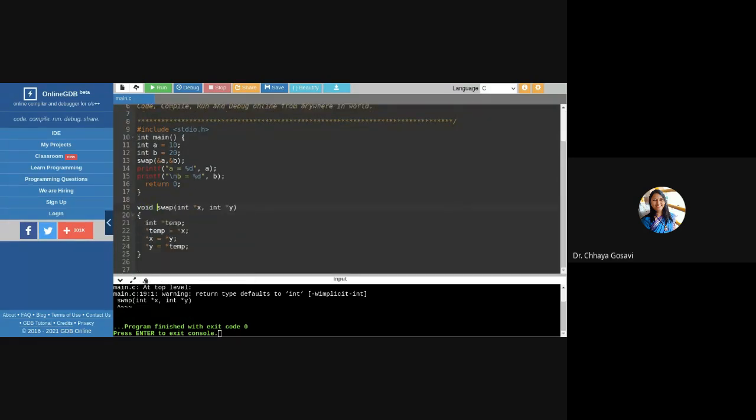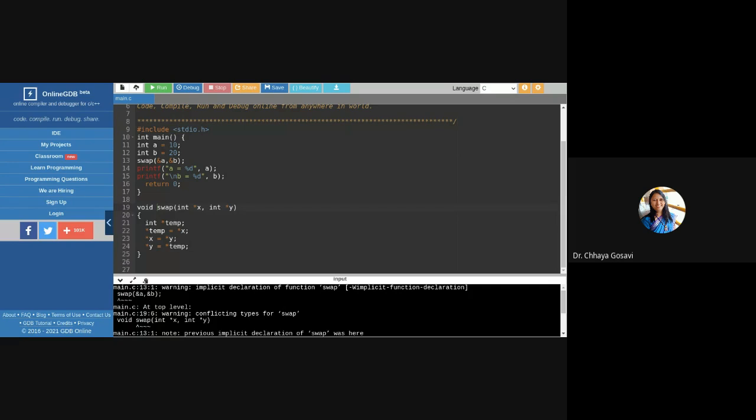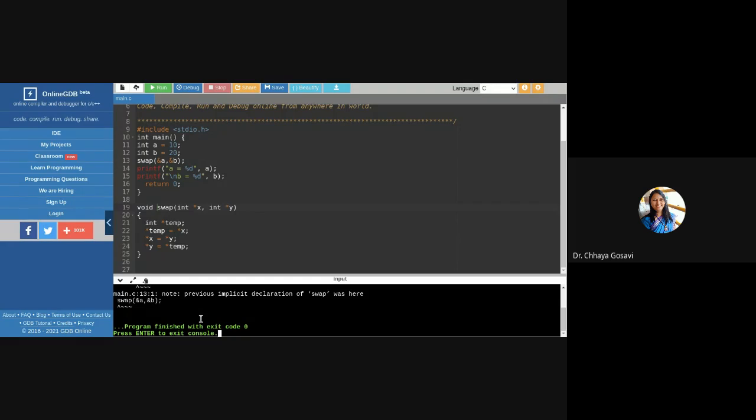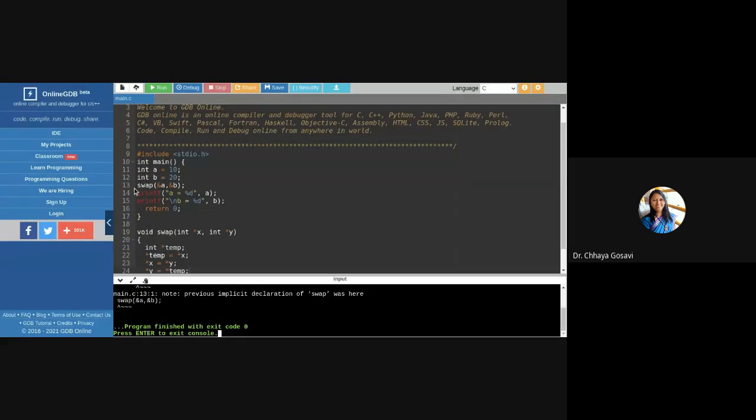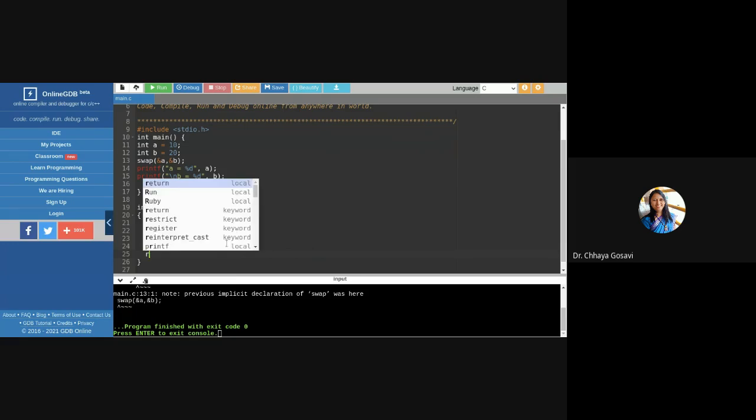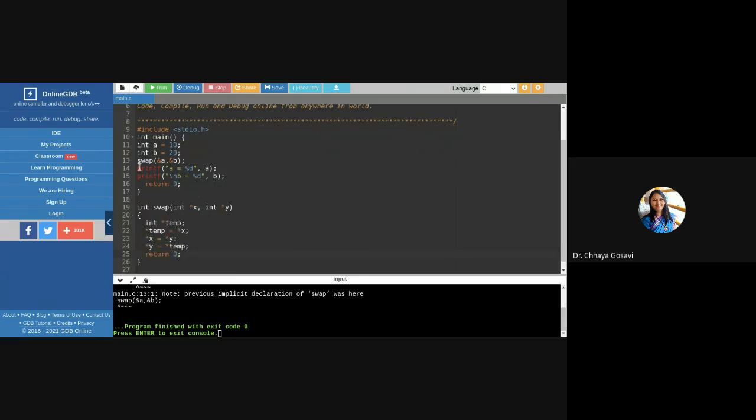It's void. I think it requires a return type.